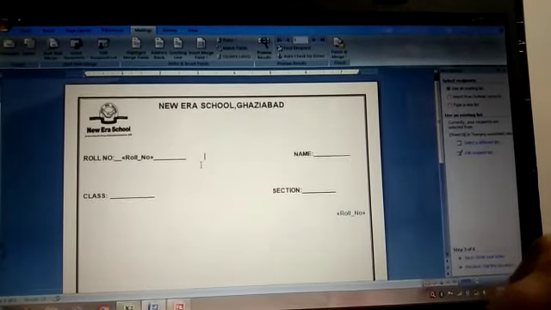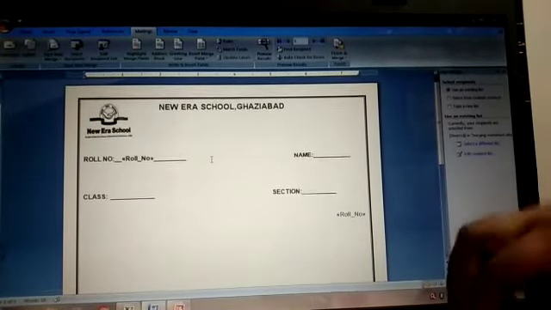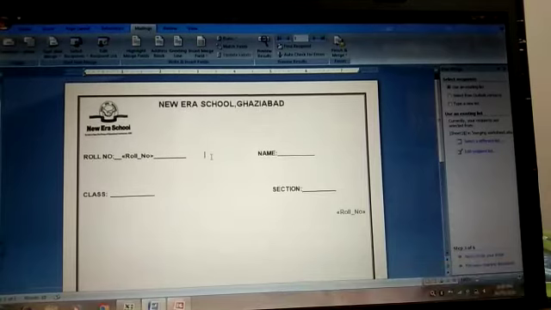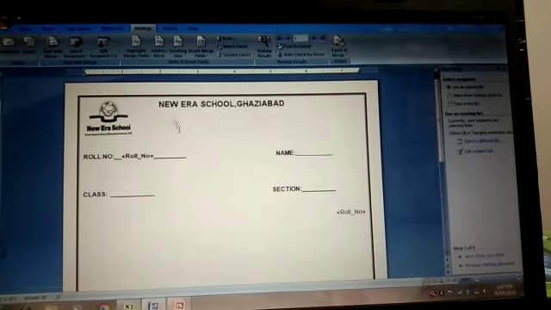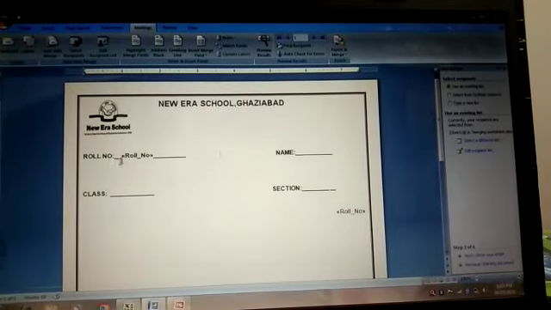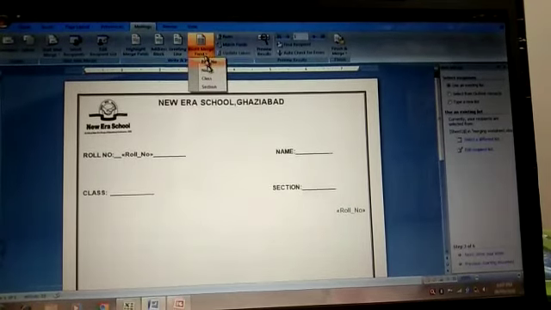Beautiful. Layout is very important. Yes, now it's okay. Everything is in proper symmetry. Roll number we have inserted here. Now I want the name here, so let me double click the name. Again I will go over there, to insert mail merge field.